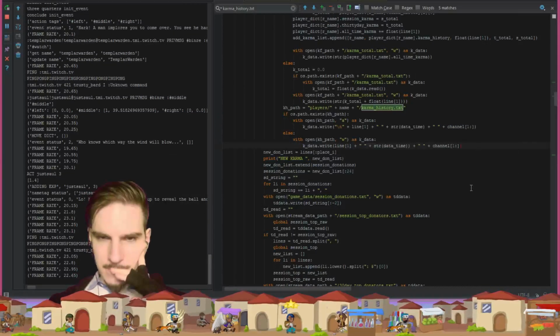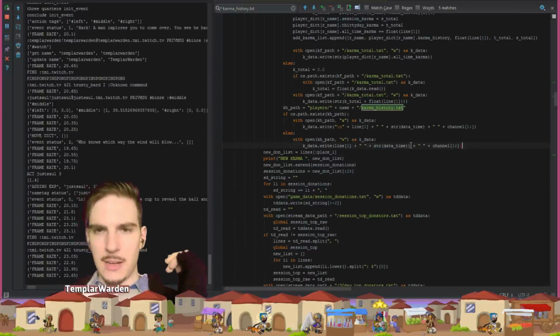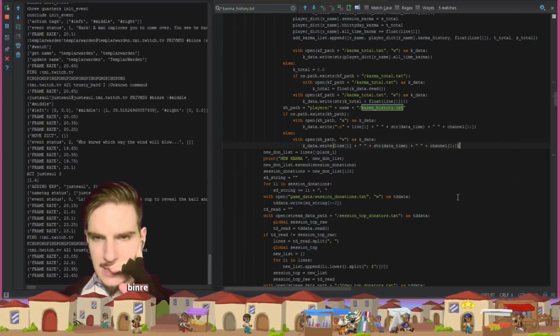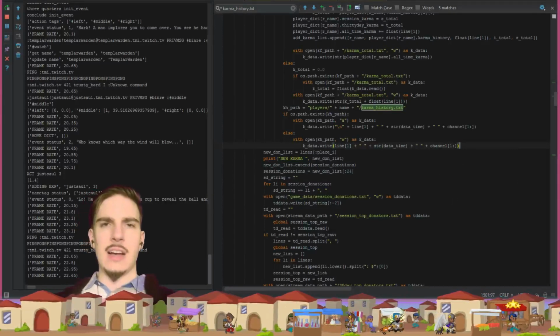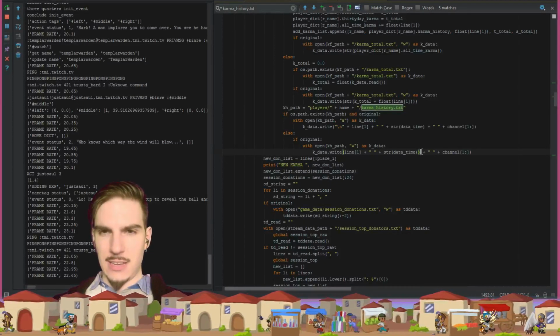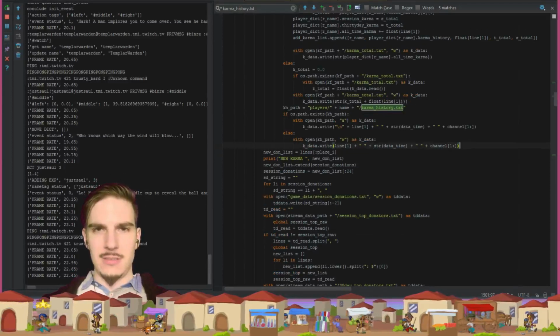Okay. Wait, why does it say there are too many? Oh, right, the close parenthesis. Yeah. Okay. So now we should be able to run this, and it's not going to crash and stuff like that. Hopefully. No guarantees, but